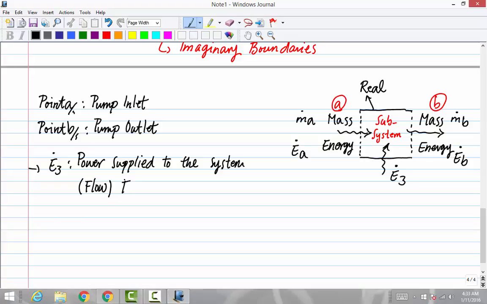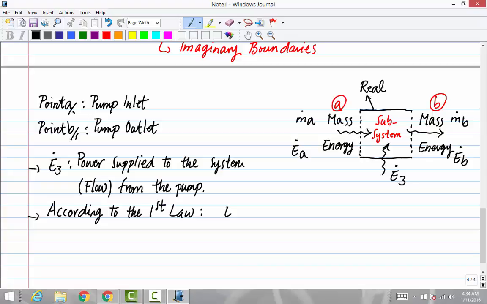It's not mass, it's just flow. It's not a particular mass. From the pump. So the pump does work on the flow, right? Simple. Now we need to go to the first law. According to the first law of thermodynamics, we know that E dot coming in minus E dot going out equals the change in internal energy of our system,